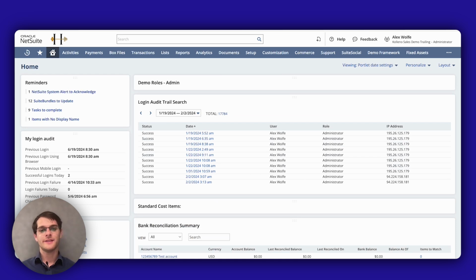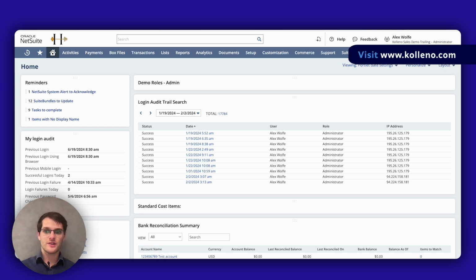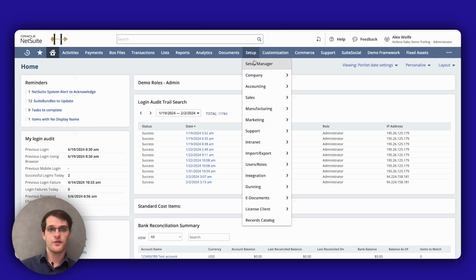Hey everyone, in this demo I'll show you how to customize currency formats in NetSuite. You can adjust the formats for the currencies used in your account at the company level, per currency and per customer record. If you don't have multiple currencies on your NetSuite account, you can change the format by going to